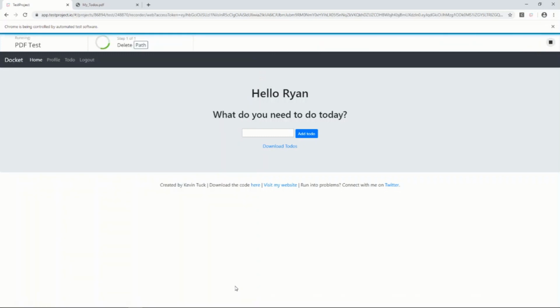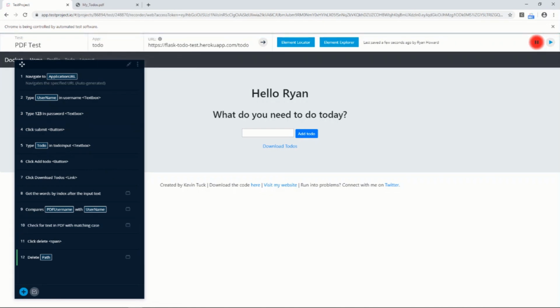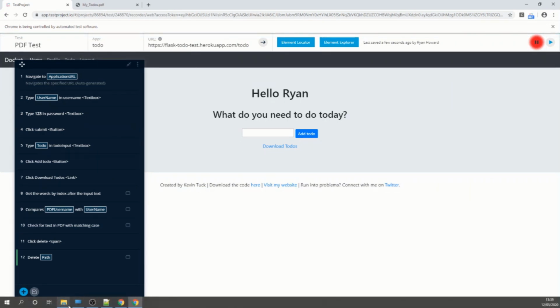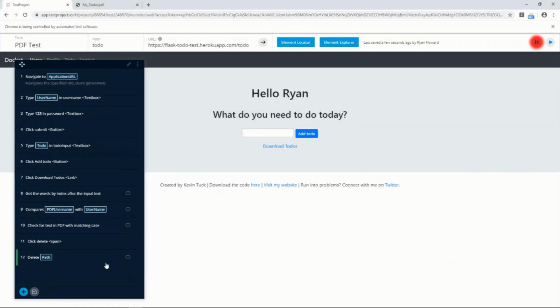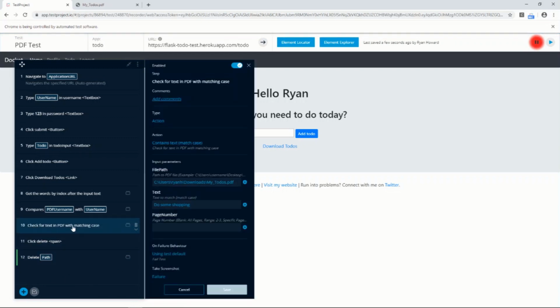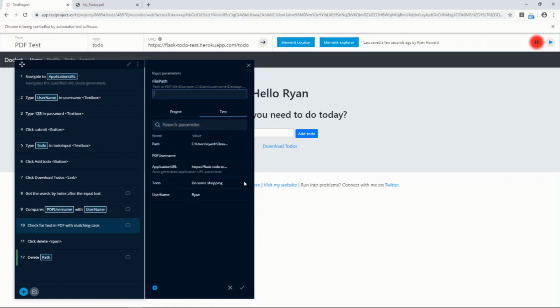Create that step. So that step's running, and it's actually deleted that file from my downloads folder. So if I come over here, downloads, there's now no file in there. So now I've created that parameter, I'm actually going to go back and use that in a couple of my other steps. So in this step where we're checking the text, instead of hard coding the path here, I will add path as a parameter,